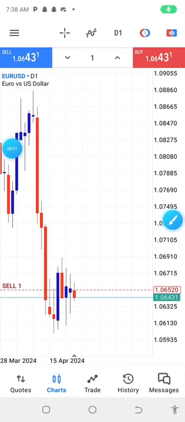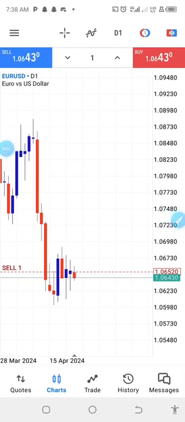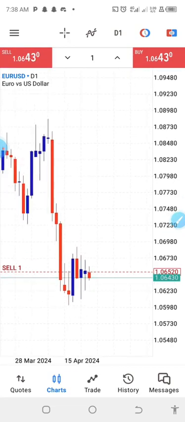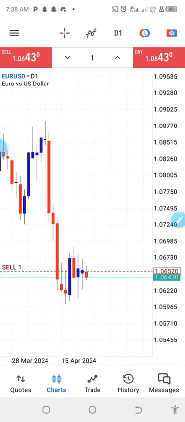The first thing I do before I place my trade is to start my analysis from the D1. Don't do analysis from the lower time frame. Start from the higher time frame, and I start mostly from the D1. So from the D1, the formations we can gather here is that the market